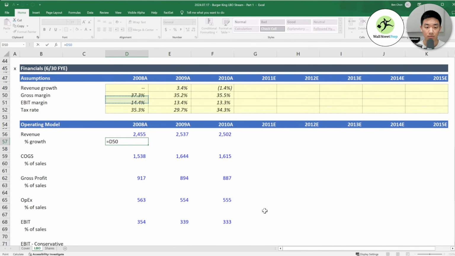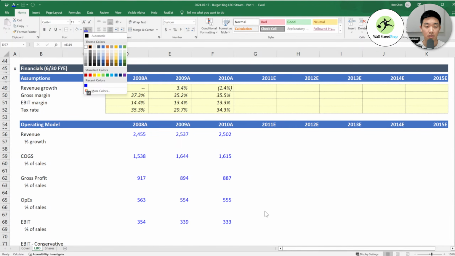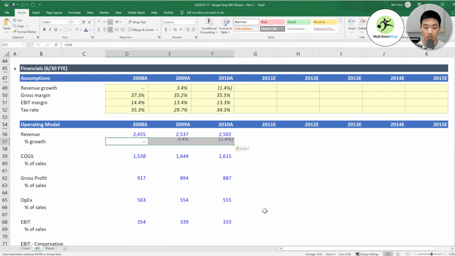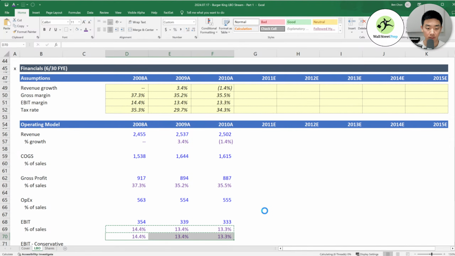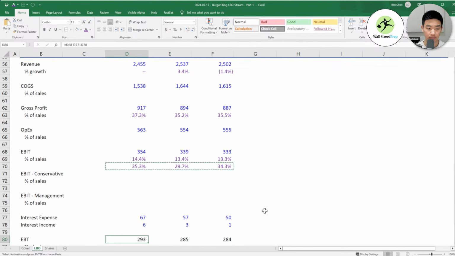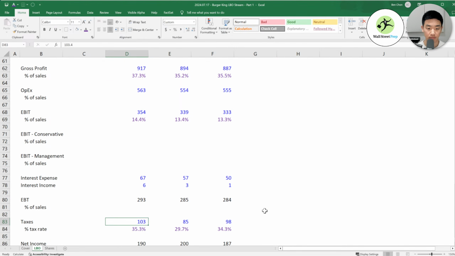So there we have revenue growth, gross margin, EBIT margin, and then tax rate.